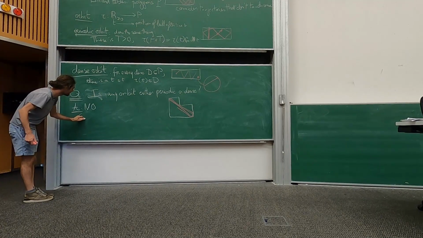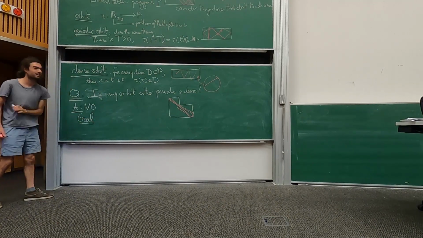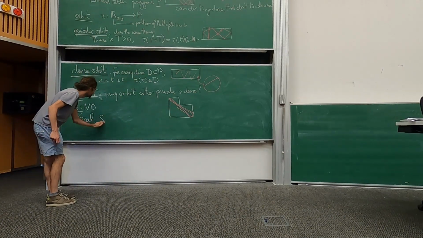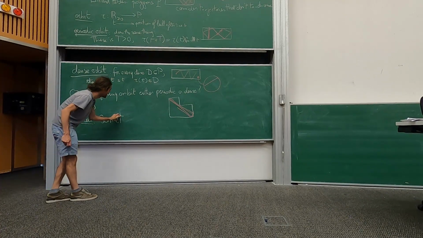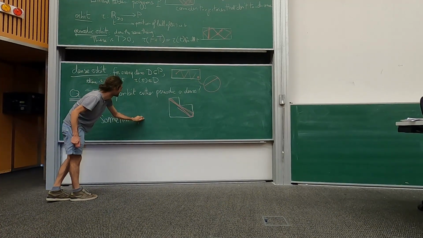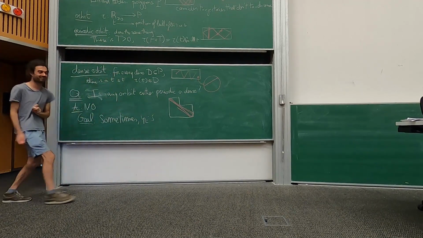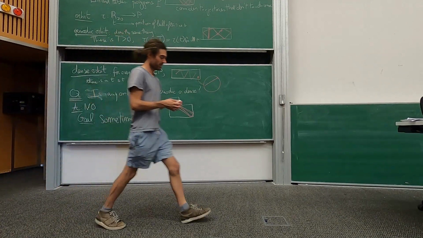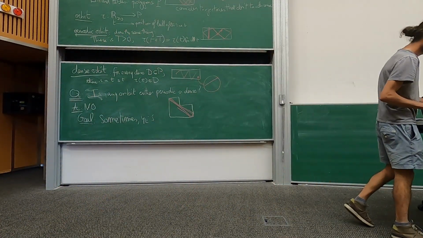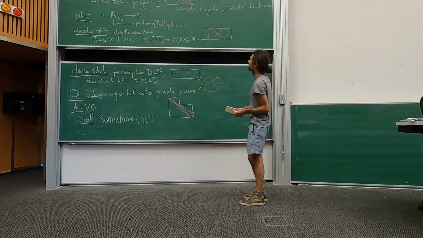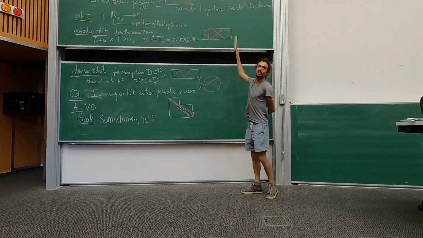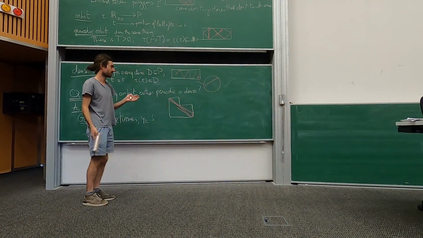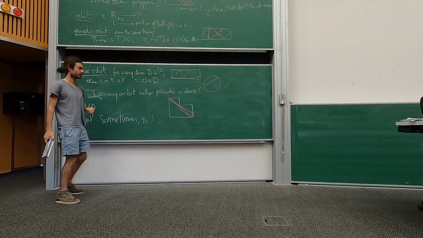But my goal is to present a result which says that if the polygon is nice enough, then actually this never happens. So sometimes the answer is yes. And to do that, I will introduce a trick that is used to study these trajectories. The trick is that from a billiard, we will construct a surface, and the trajectory will be studied in the surface.